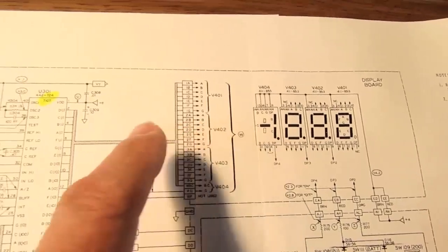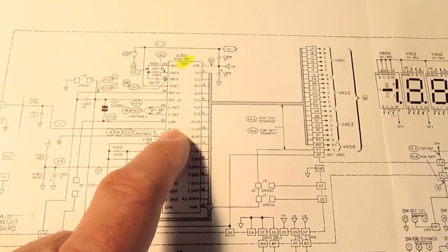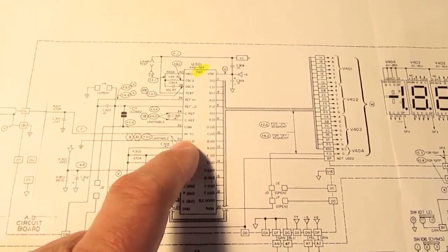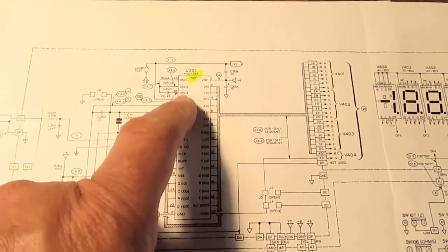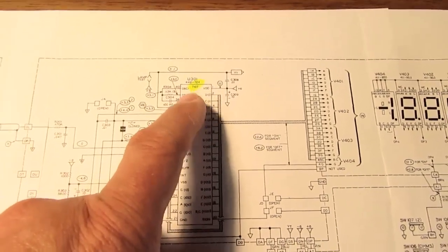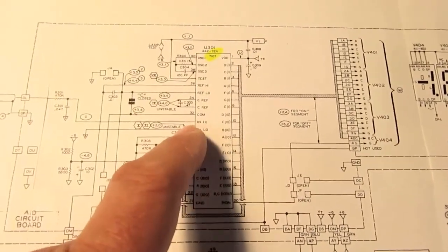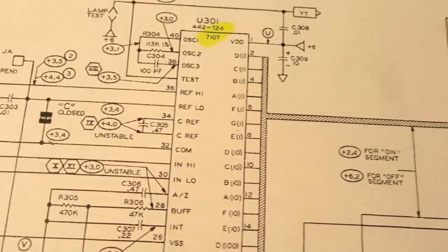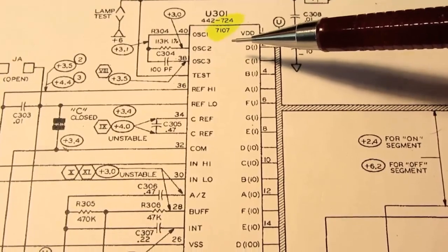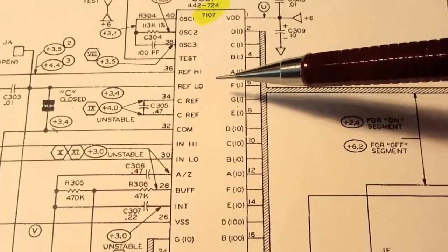So if you want to see a more detailed breakdown on the 7107, 2 or 3 other videos I've done recently on Heathkit digital multimeters have a much more detailed breakdown on the 7106, which is the LCD display version. The same in most details, and those are the things I'm going to skip. But just to give a quick refresher, the 7107 is a monolithic dual slope analog to digital converter with extra